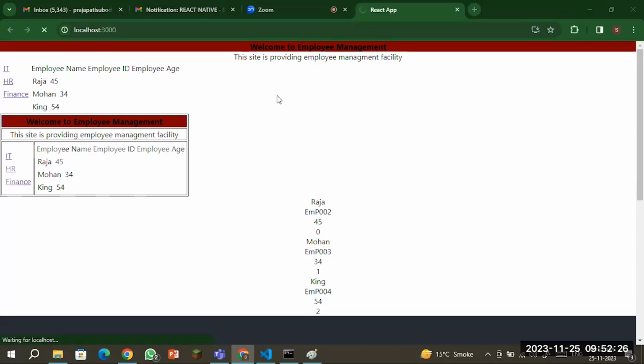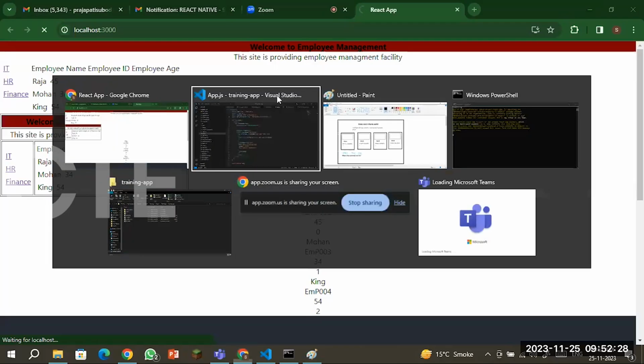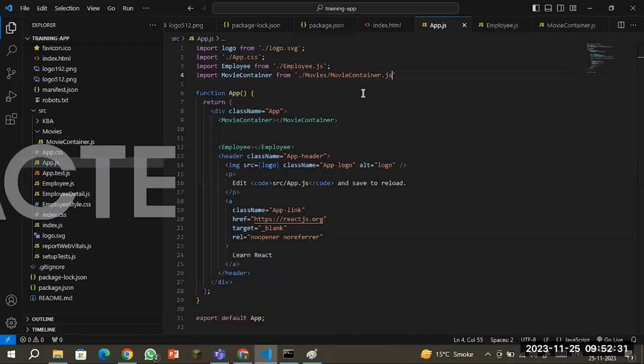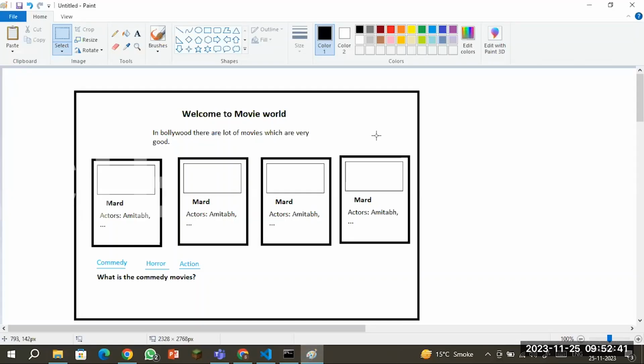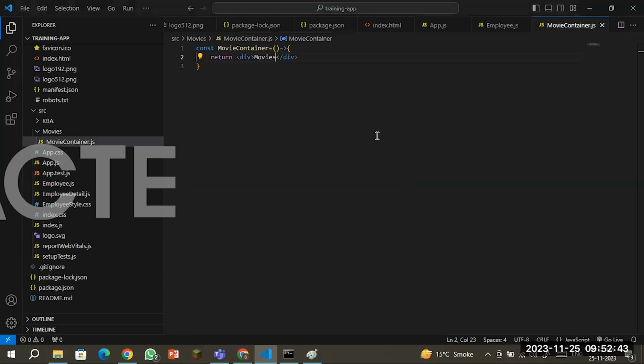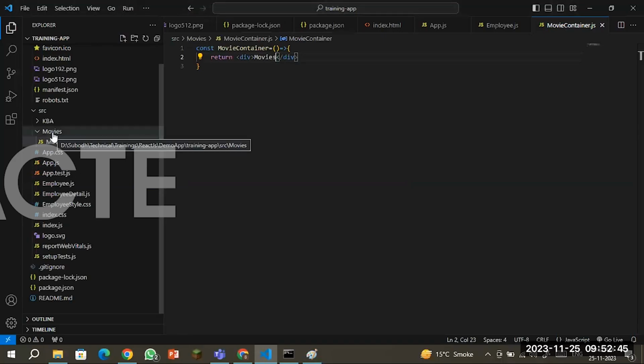Okay, let's go to the code and continue. Now this is the main component, the main movie component. As we see this, we need to create one component for the header. So we are going to create one more component,